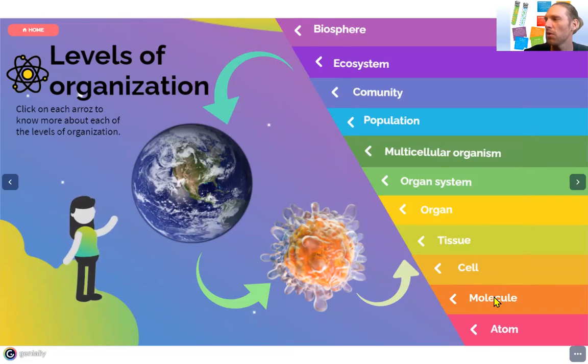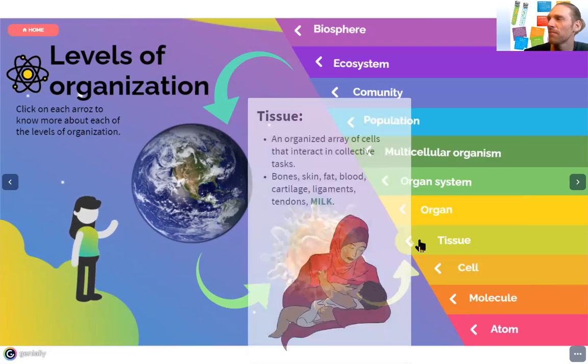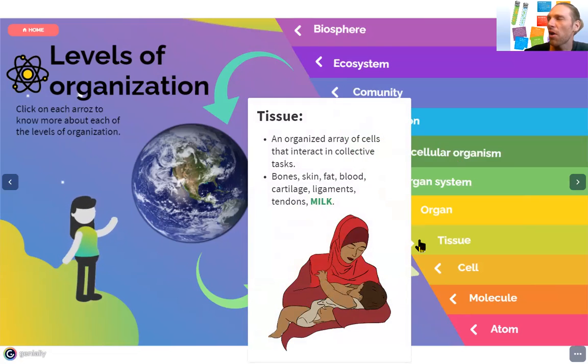So we have atom, molecule, and cell, okay? So a cell is already way bigger than a molecule. Then if you take a lot of cells together, you get tissues, okay? These tissues, that's already Salud y Sociedad, or Health and Society, the biology of next semester. Tissue is different kinds of groups of cells together that have a particular function.